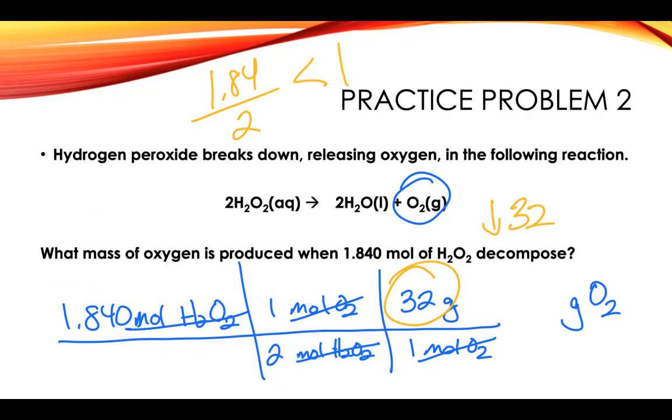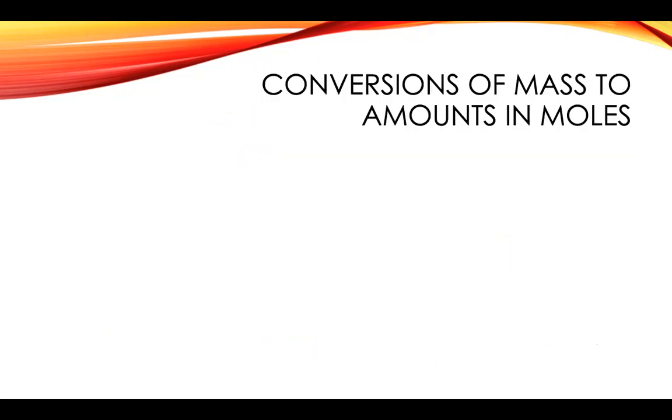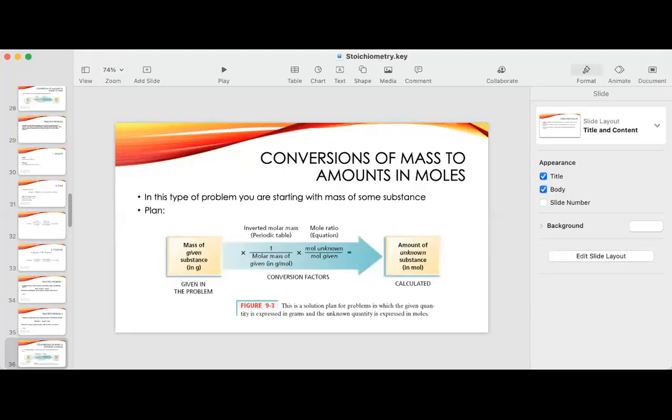But for my test, you get to use a calculator. 1.84 divided by 2 times 32. Yeah, 29.44. But for multiple choice tests, especially if you don't get to use a calculator, it's really important that you round and use your thinking. 29.44. All right, I'm gonna stop there because